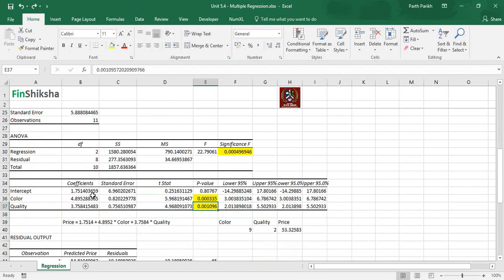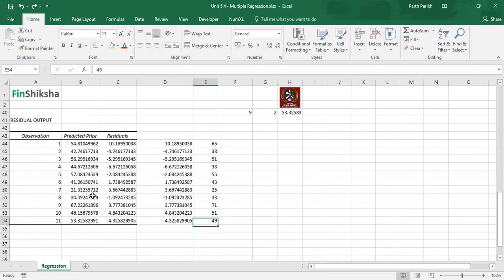Other than that, the rest looks good. If you have more than 30, 40, 50 entries and you are talking about the population, and if the residuals are very high for a particular input, then you can eliminate that input as well. You can consider it an outlier. All right, so that's pretty much about multiple regression. I simply request you to run this regression by yourself and check the output you are getting. Try to decipher what exactly the variables are and what exactly the output is. All right, thank you.